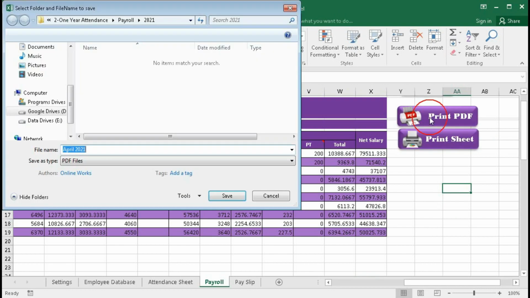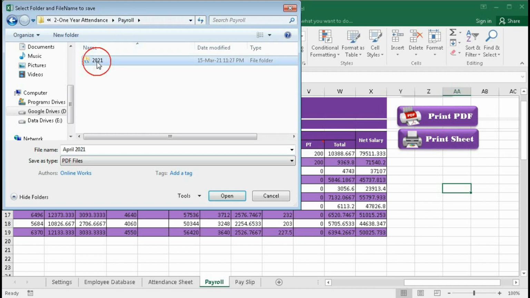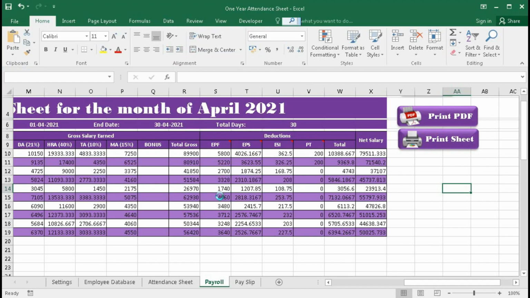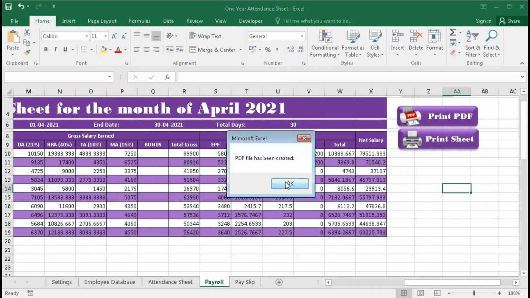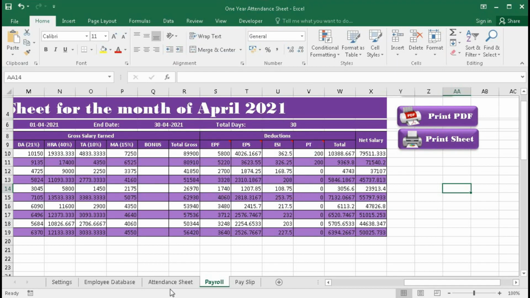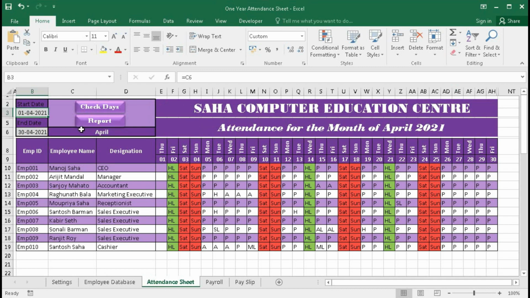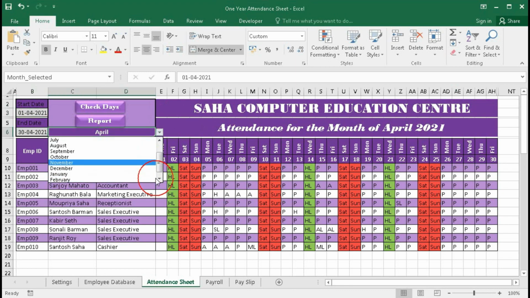Click on Print PDF. You can see the year automatically appeared. You can see here is only one, that is 2001. And now the file name is saved as month name and the year. Click on Save. The PDF file has been created. And if we change the year to 2022, let's go to January.